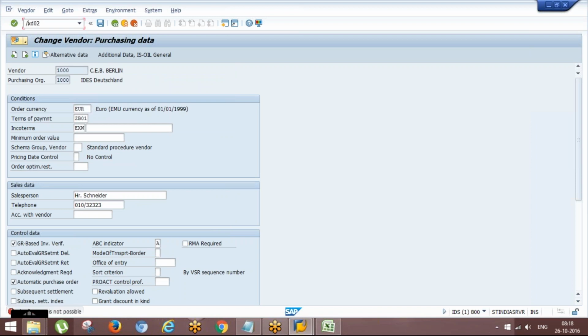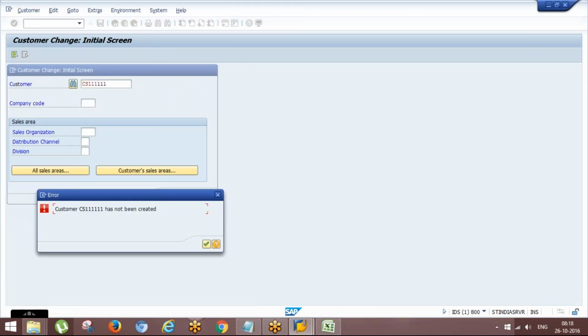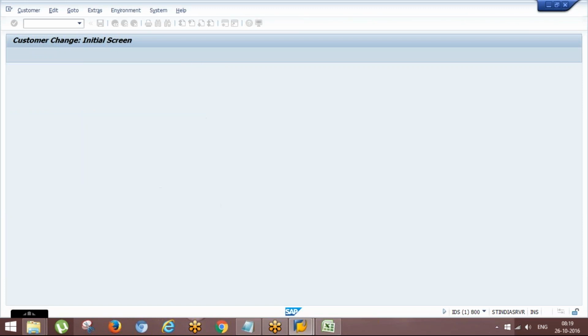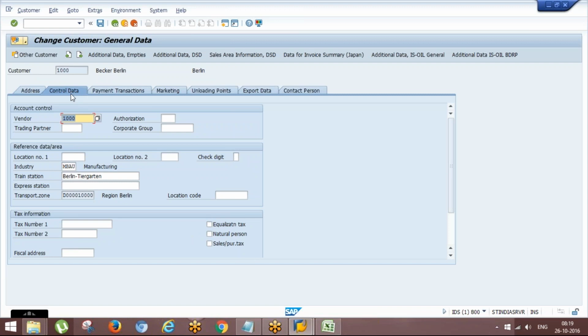You have the next tab over here. You assign it to a vendor which is assigned as a plant.